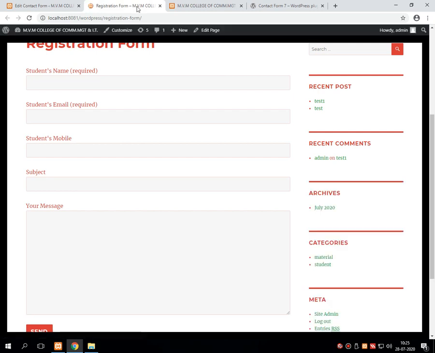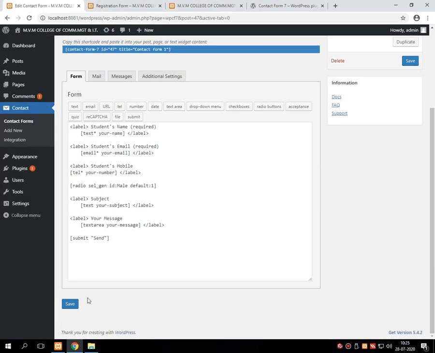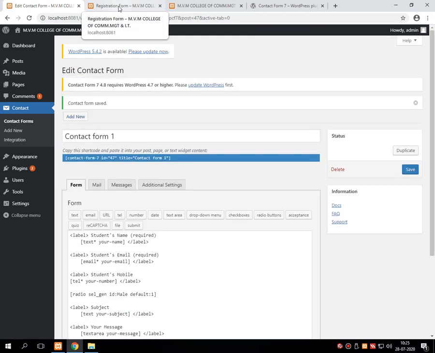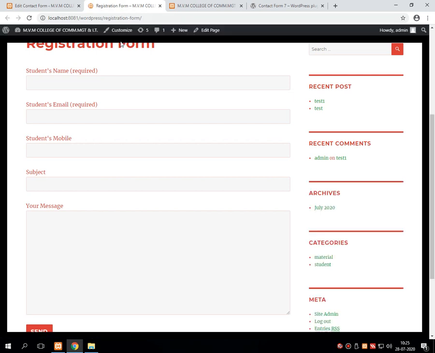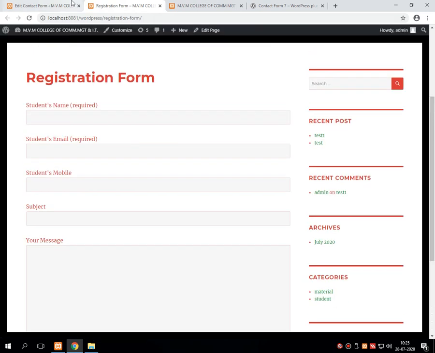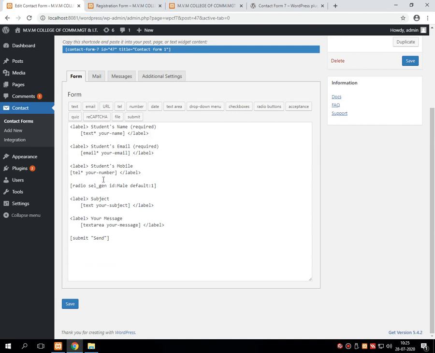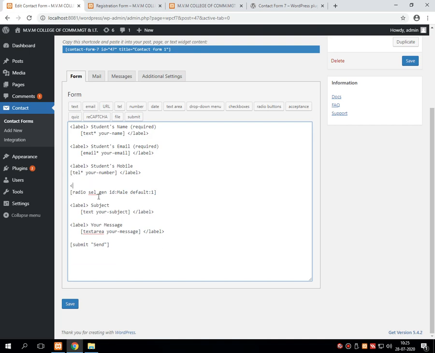Refreshing the page, giving the label select gender, slash label.